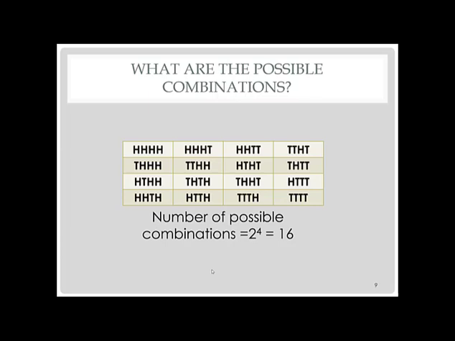And we could think about all of the possible combinations, right? So head, head, head, tail, head, head, head, head, tail, and I could go on. I will not drone on there. The number of possible combinations of 4 flips, each flip having the outcome of head or tail, we have 2 to the 4th, or 16 potential outcomes, 2 being heads or tails, 4 being from the 4 flips. In this case, it's 4 trials.